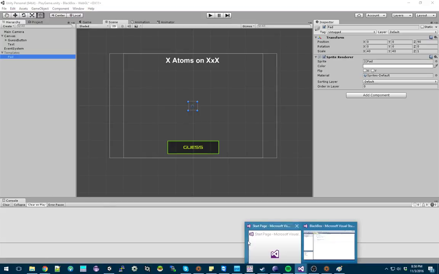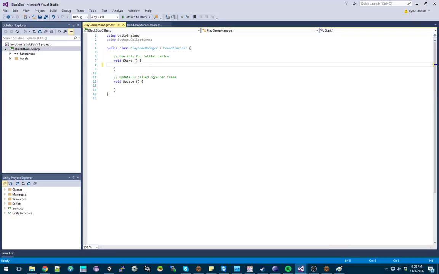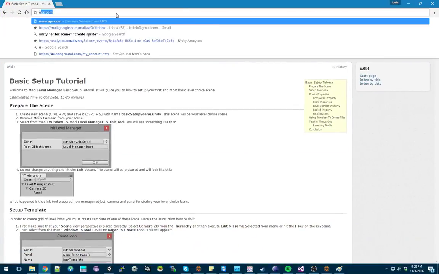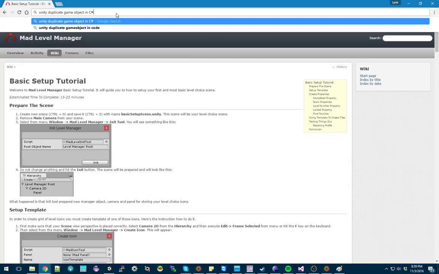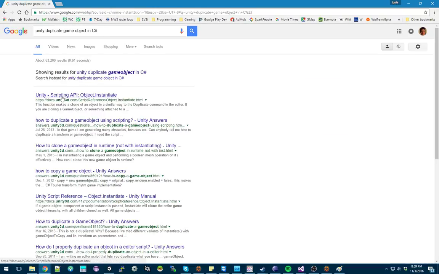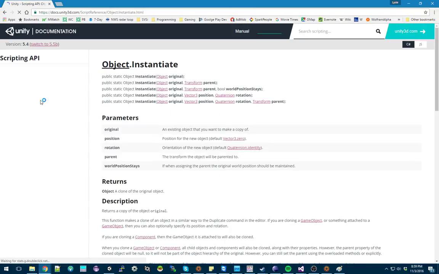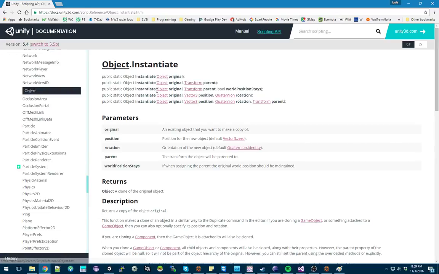Alright, so how do we duplicate a sprite? Unity. Duplicate game object in C#. Sure, why not? Object instantiate. Well, that's hopeful. Object original. You can instantiate and create a new object from an old object. Perfect. And you can give it a parent transform. Okay, so if I duplicate it,